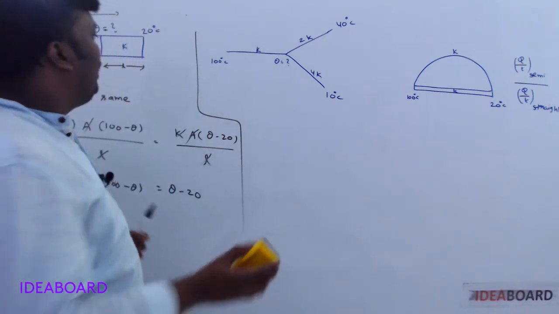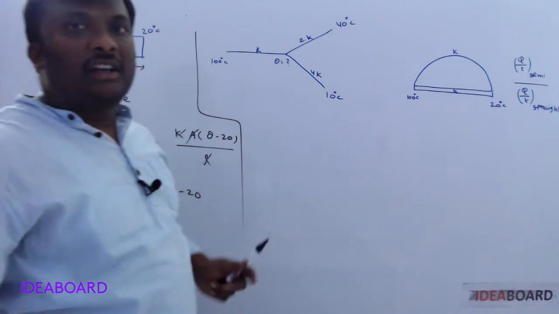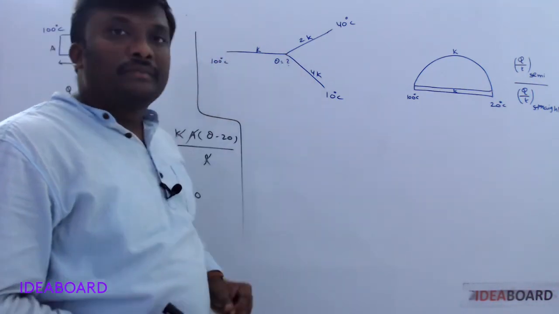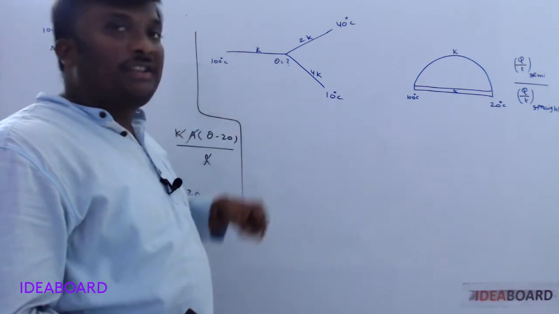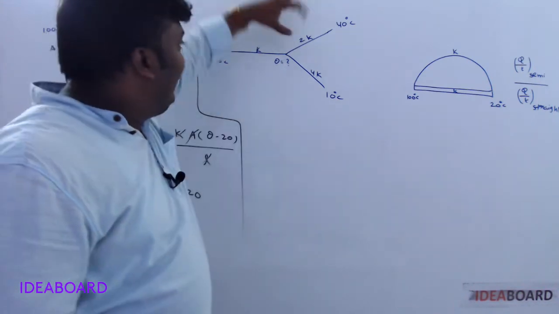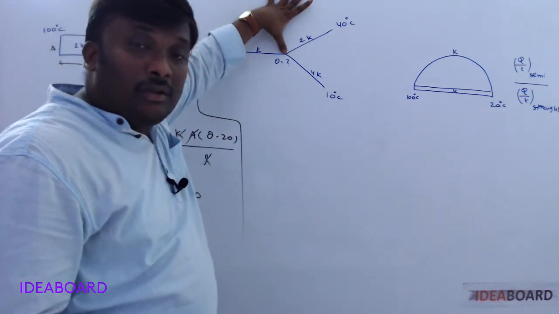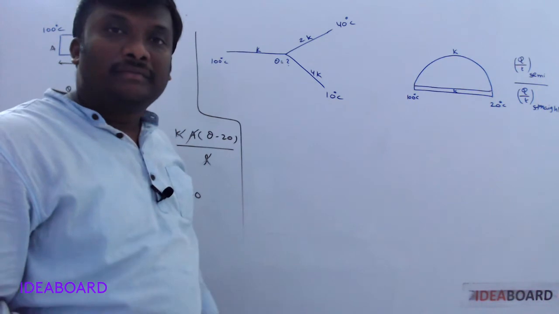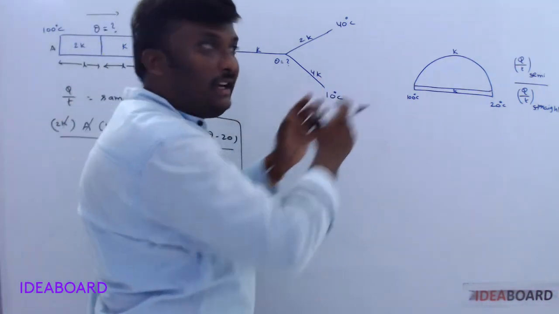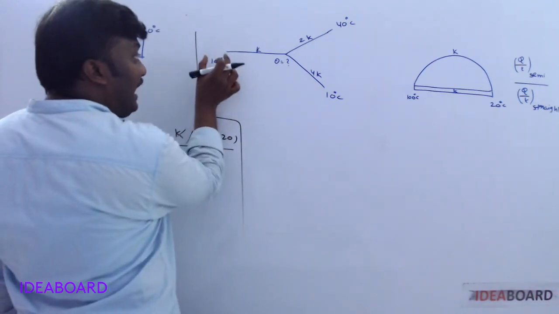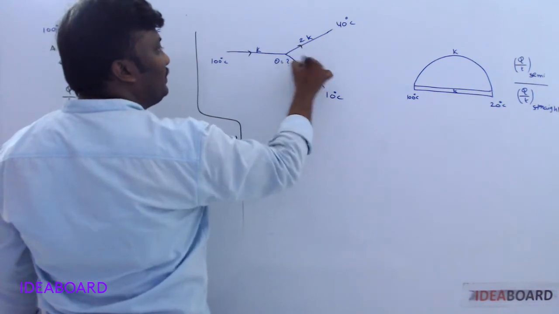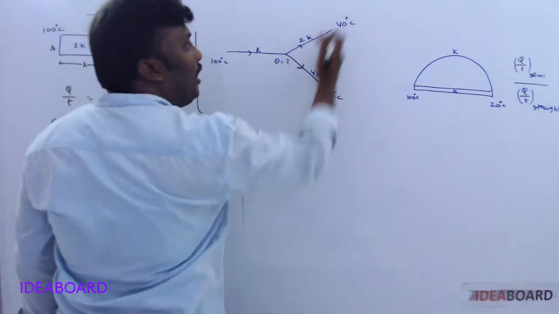Let us see. This model we regularly use in second year current electricity. If you want this temperature, every rod is replaced by a resistor: one resistor, one resistor, one resistor. Then this is one junction. At the junction, can you apply the junction law? What does the junction law say? The incoming current is equal to the outgoing currents. Here heat is more because of higher temperature compared with these two, so heat flows from here to here and here. So the incoming current is equal to the outgoing current.